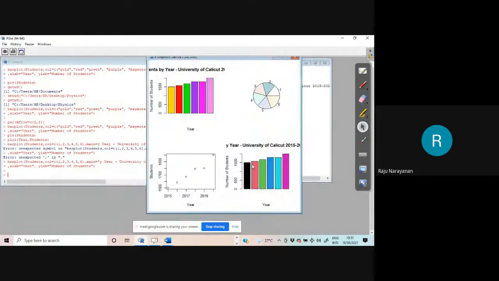That is what I told you. Now you will not get marks for this. 1 for black, 2 for this, 3 for this, 4 for this, 5 for this, 6 for this. R is very flexible. So this is the technique to draw more graphs so that you can draw graphs here.